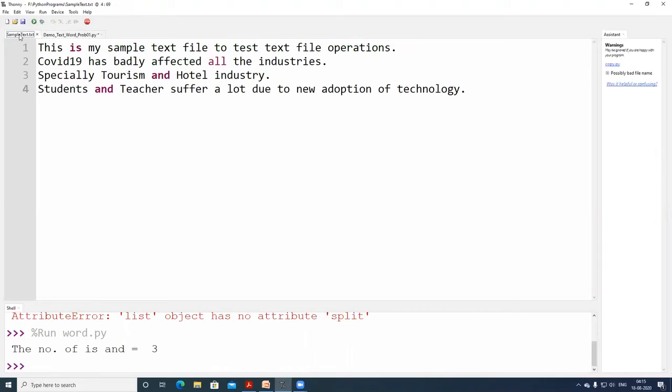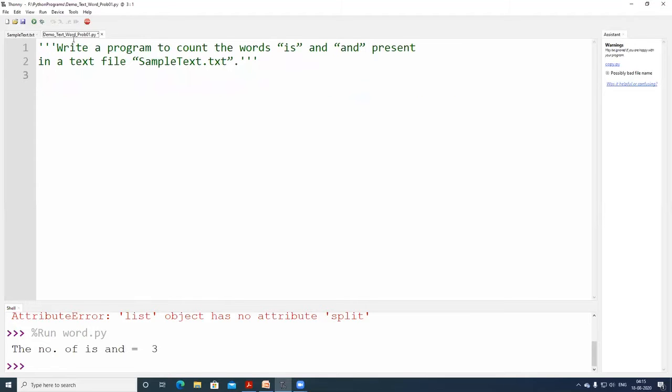Now we are going to read this data, manipulate it, and display the count of "is" and "and". Here these words are highlighted, "is" and one more "and" is there. If I give the count, I am having only 3 words. All right. How to do this one?